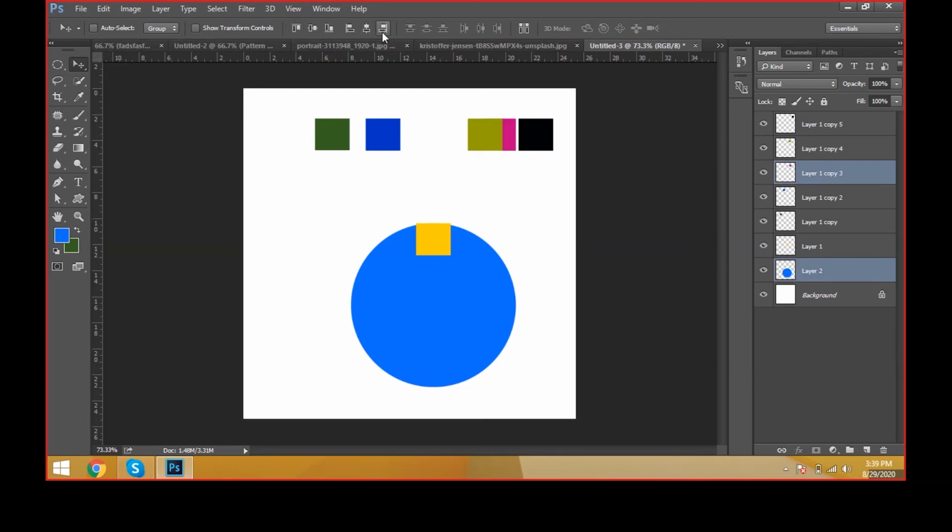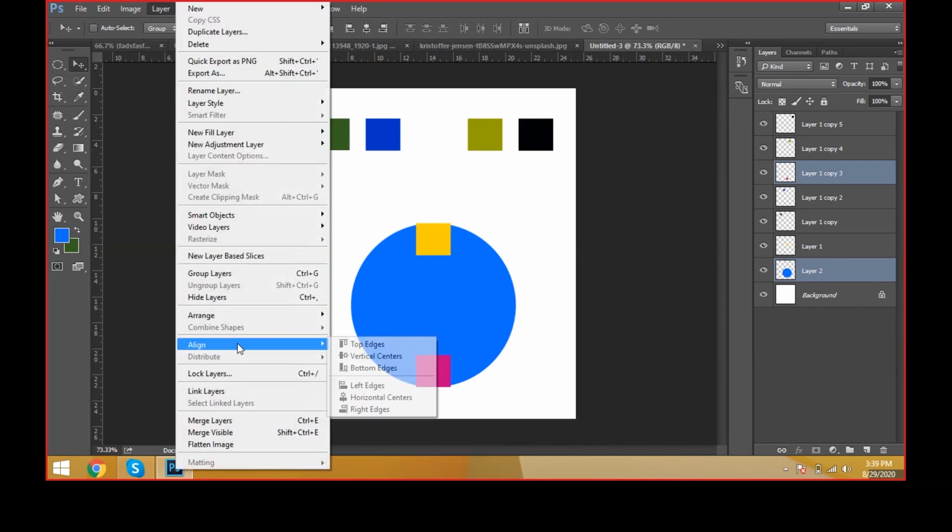Okay, the object will come to the right side and the bottom like this, and come to the center, and come to the left, right, center, right side, left side. See friends, very clear, left edges and center edges, and this one is top and this one is center and this one is bottom. Like this, we can work with the alignments very clearly. Okay, that is a very important subject of alignments and distribution.